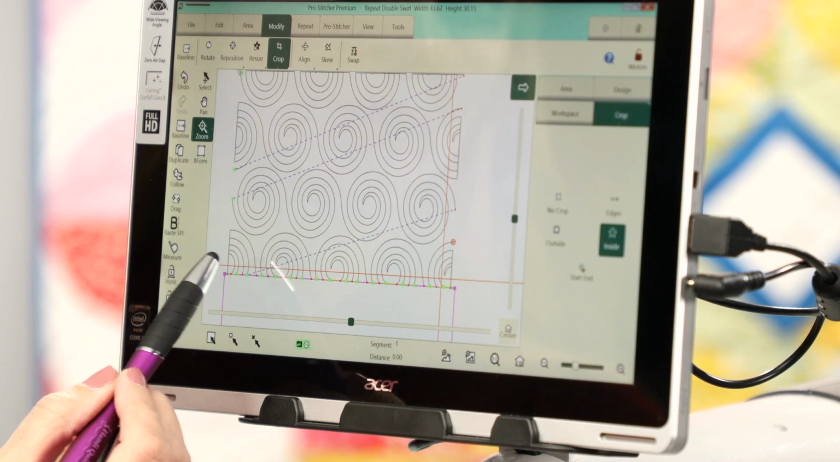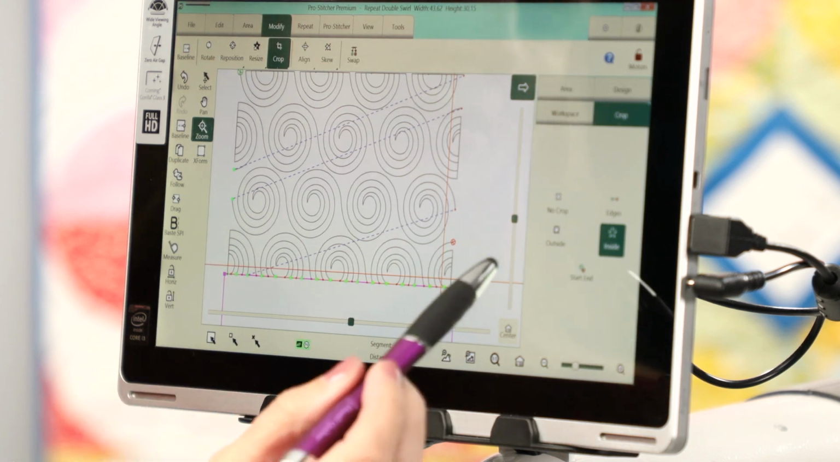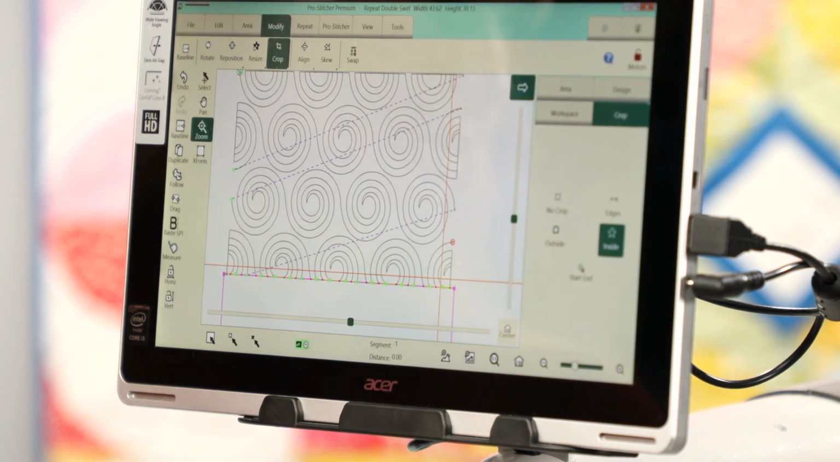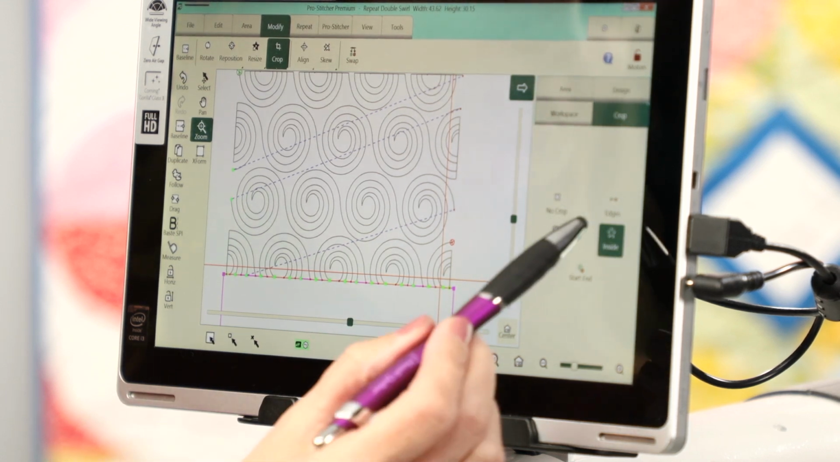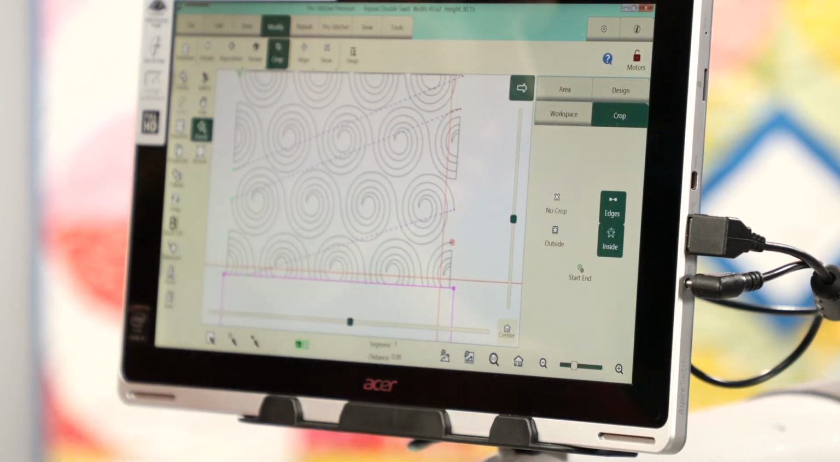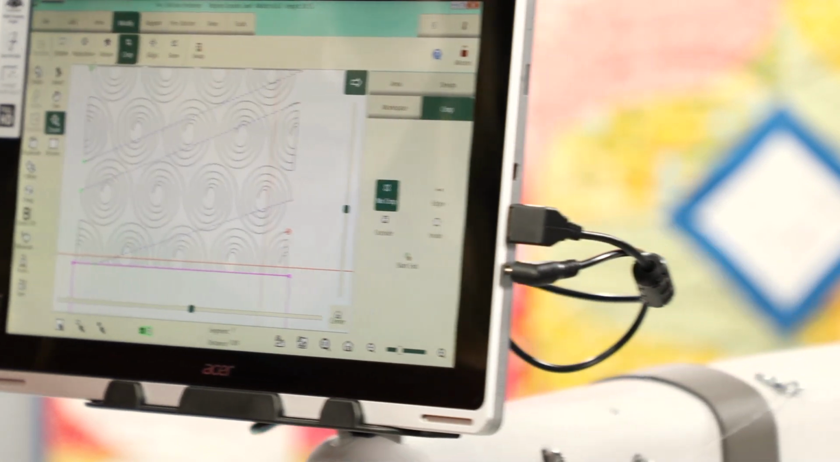And now I've got all these red and green dots, and I want to get rid of those dots, because those dots are starts and stops. Right. I don't want to sit there and wait for my machine to do a tie-off at every single one of those. So I'm going to choose Edges, and now my machine will just stitch through those sections. Okay? I'm going to baseline it, bring my machine back over,